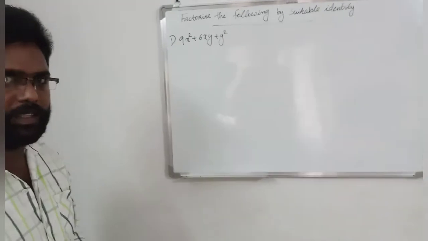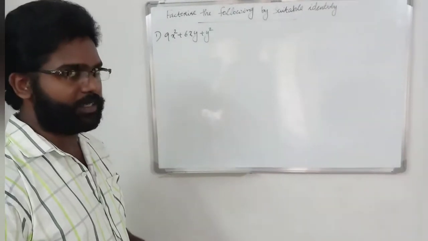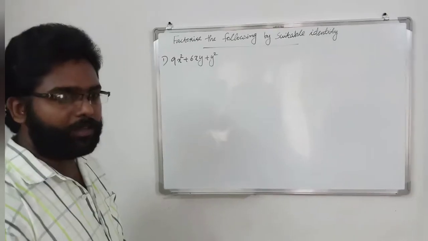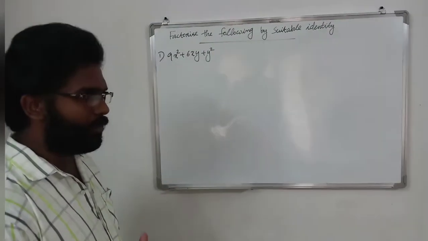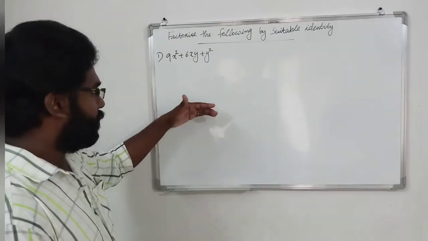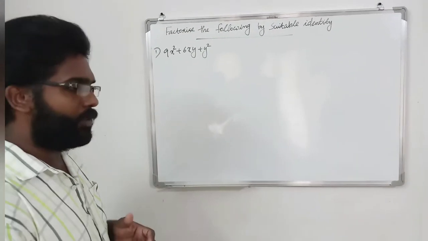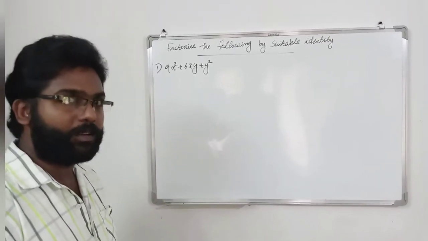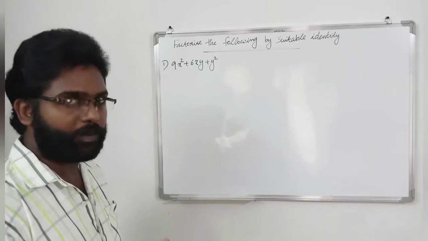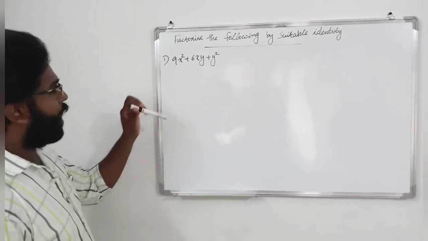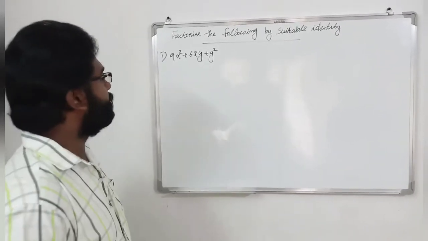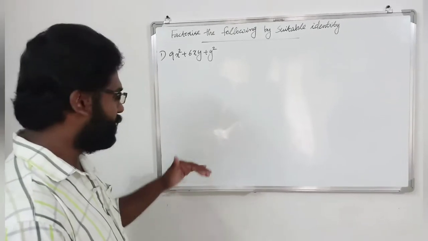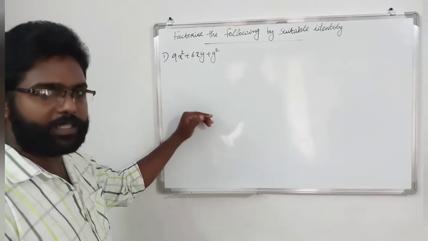Factorization you already studied in 8th standard, in the chapter on factorization. If you have any doubt on factorization or any terms, you already did splitting the middle term, but read the chapter in 8th standard on factorization and algebraic expressions. Okay. How can we factorize this polynomial? Factorization by identity. Now we deal with the first 4 identities already studied in 8th standard.